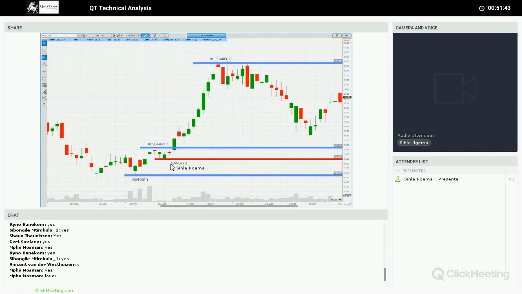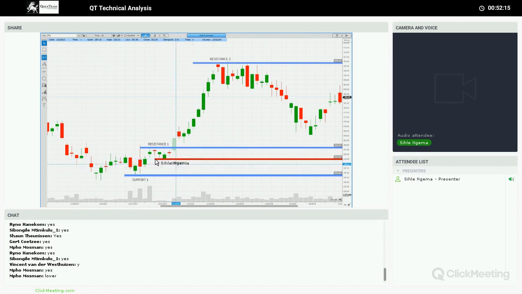So my support 2 in the movement of AGL going up is higher than support 1. My resistance 2 is higher than resistance 1. So on this share here, ideally, if I wanted to trade this share now, that means that by looking at the share from support 1 going up to resistance 1, when it came down and it established on support 2,